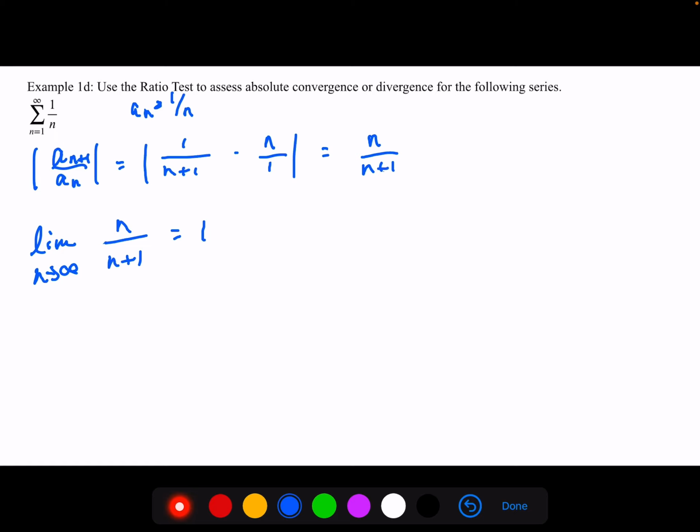So, since this equals 1, we cannot conclude anything from the ratio test. Instead, all we can do is state that the ratio test is inconclusive, because it gave us the circumstance where our limit was equal to 1. Now, for this particular function, we can actually conclude that it diverges